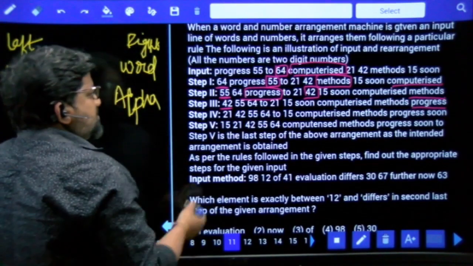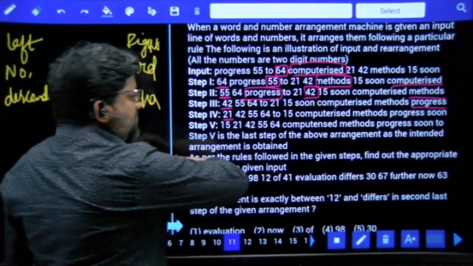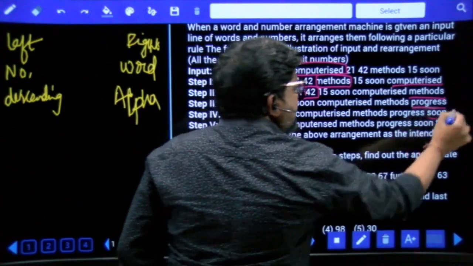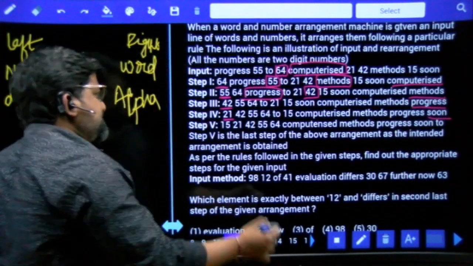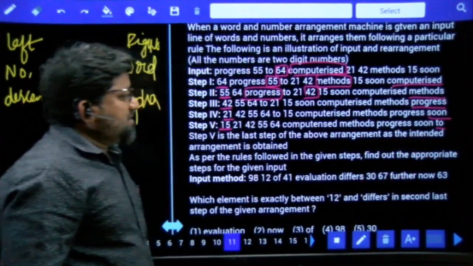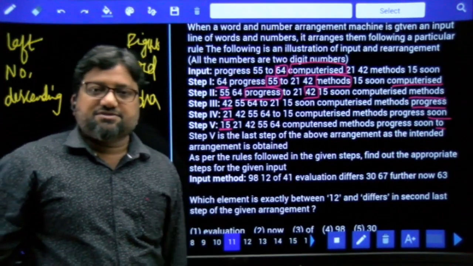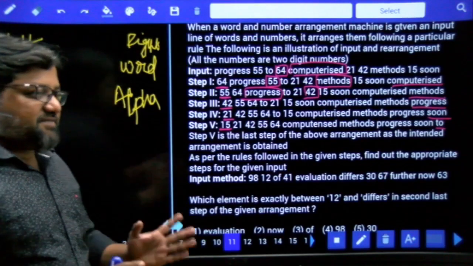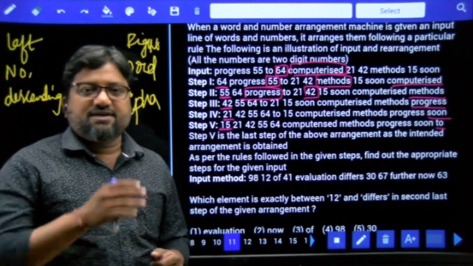Simple. So the fourth highest is 21. After P, Q, R, S. Absolutely. Next 15, and this is 2. So it's a regular question, we have done this type of question many times. So simple. Every time a new element is added in the left corner and in the right corner.